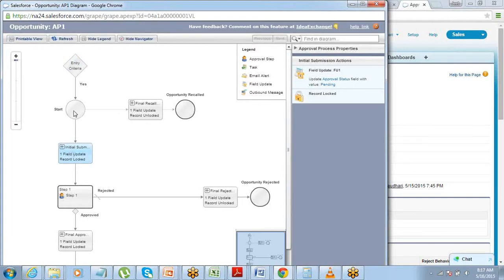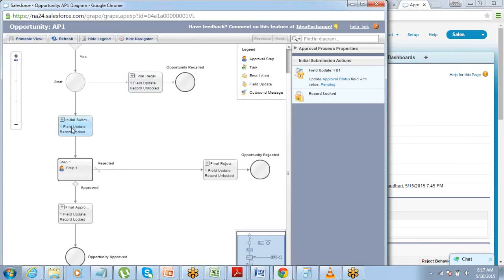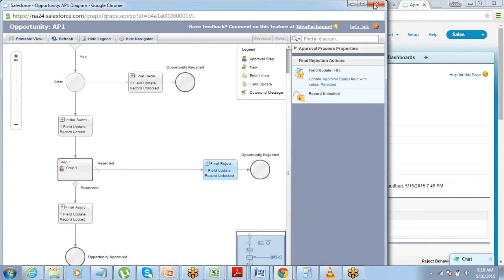In case the record is recalled, it goes into recall, the opportunity recalled action happens, and that's the end of it. If it goes for initial submission, it goes to step 1. From here, either it will be approved or rejected. If it is approved, this action will happen. If it is rejected, this will happen. That's the simple diagram that we have here.